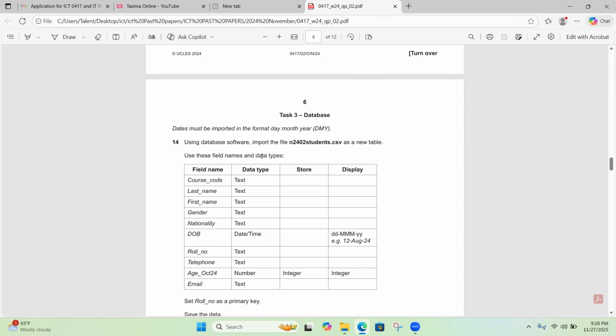Use these field names and data types. So we have this list of field names, these data types, and then on store, we have integer specified for age and integer to display as an integer, and then we have that format on date when we want to display it. Okay, set row number as a primary key. So we are going to go on and start the question for October-November